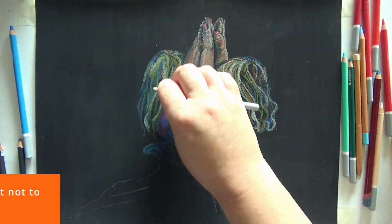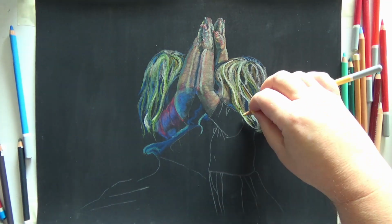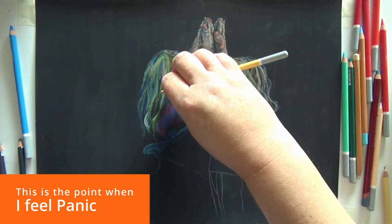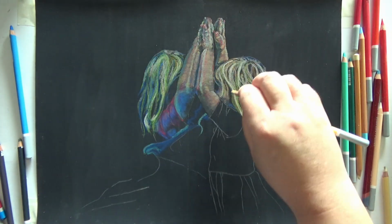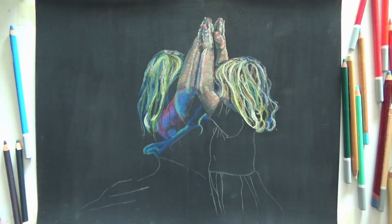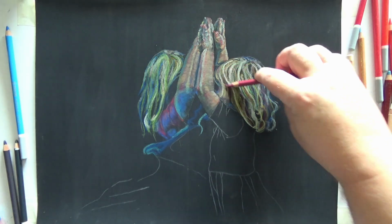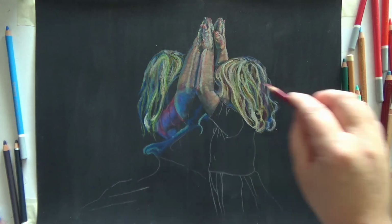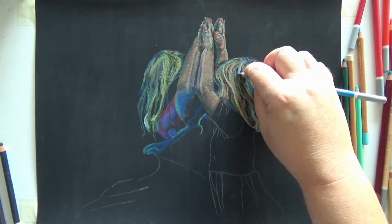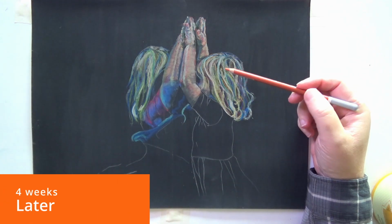Yes, here's a good note. It's at this stage of doing a picture I say, don't panic, David, you can do this. And that really helps, because actually it doesn't, but art is one of those things where you just got to keep doing it and trust the process. If you keep layering, you'll end up with this lovely sort of yarn-like hair. I was looking at it at the time going, oh my word, what am I doing? And 4 weeks later,